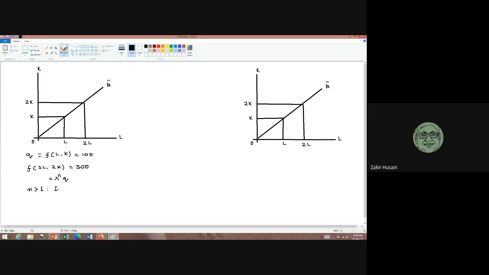So output is increasing, but it is increasing more than your input. If your input doubles, your output will more than double. If you increase your input 3 times, output is going to increase, let us say 4 times, 5 times, something like that. This is called increasing returns to scale. So in this case, this will be